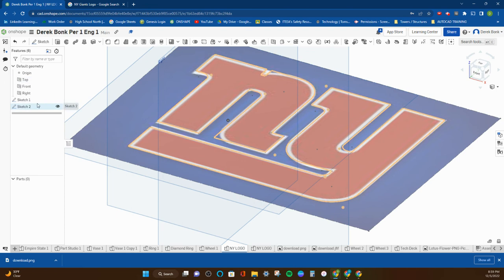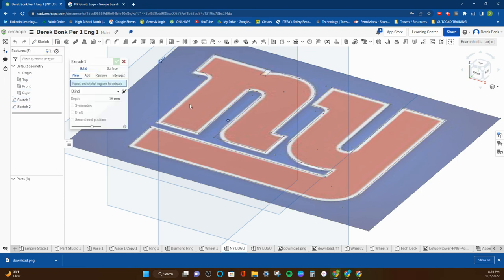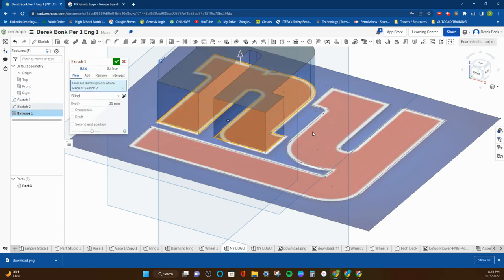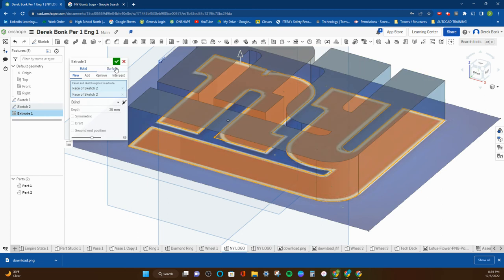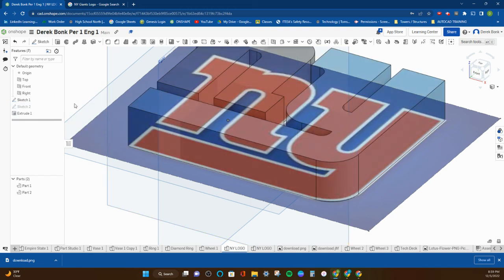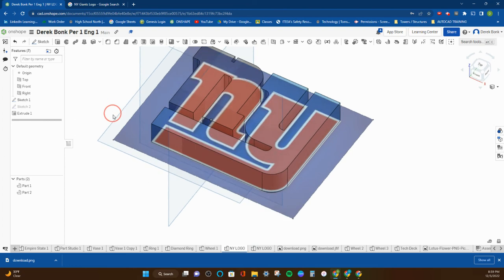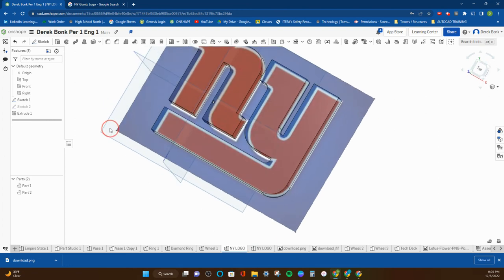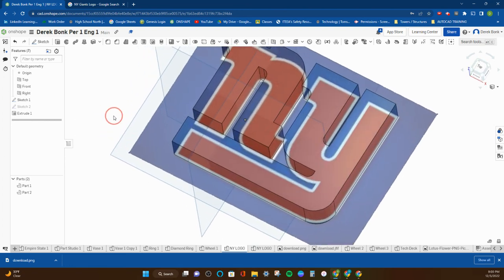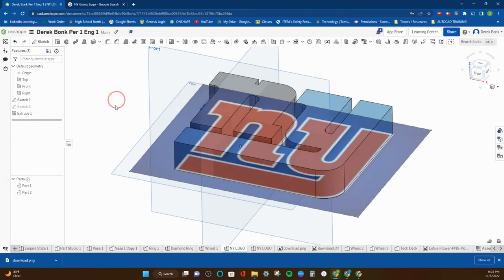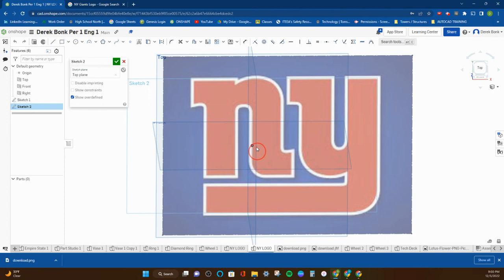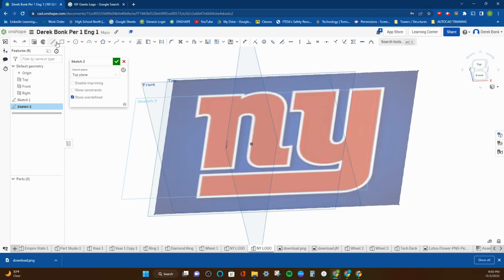Just as far as modifications go, if I go to extrude this now, I've got a pretty solid start. So that's just a very quick demonstration about where you begin when you're tracing over something, and that you want to think about the different options that you have. This particular N